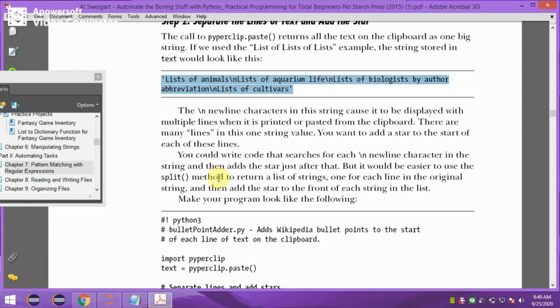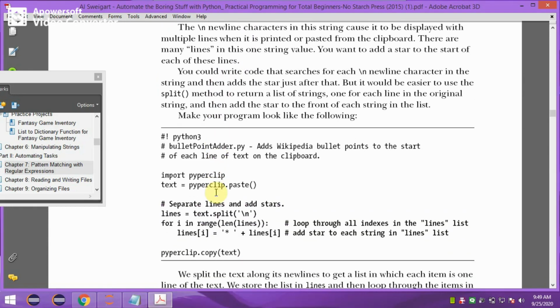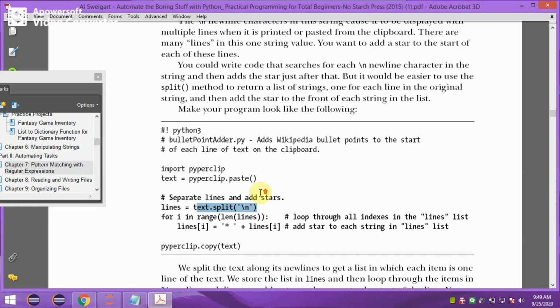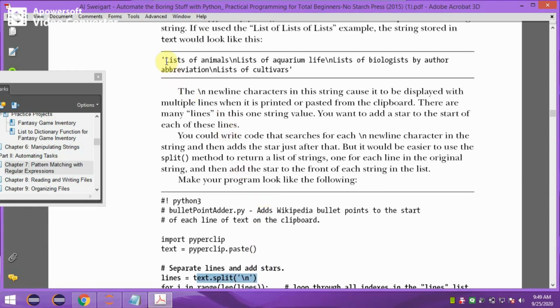Now, to split the text into different lines, there is a command, that is lines equals text dot split, then backslash n. You know, the text pasted from the clipboard contains a set of words as continuous words, as shown here.